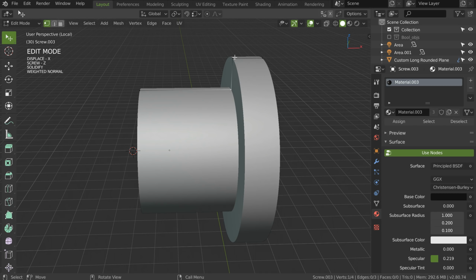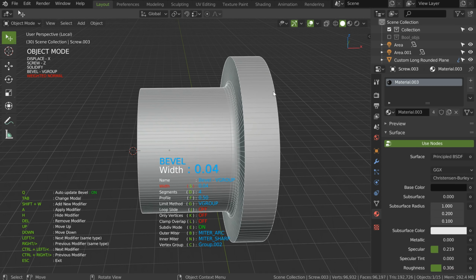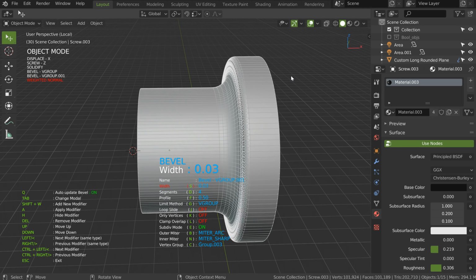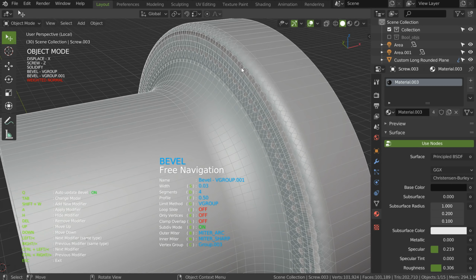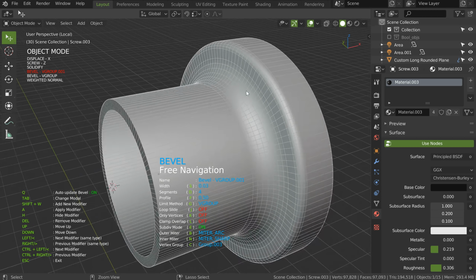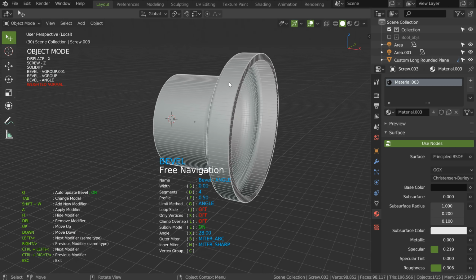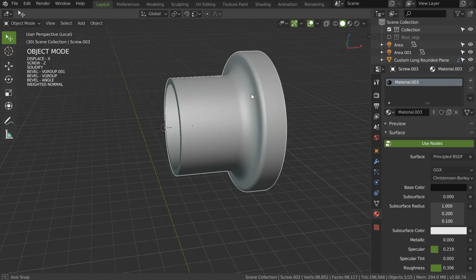I will select this one, I will add a bevel. I want something big, like that. I will press Ctrl Tab, select this one, I will add a bevel again. And sometimes you have this result, so move just, as you can see, here, the bevel. So like that you will have something perfect. And Shift W to have a last small bevel, and that's it.